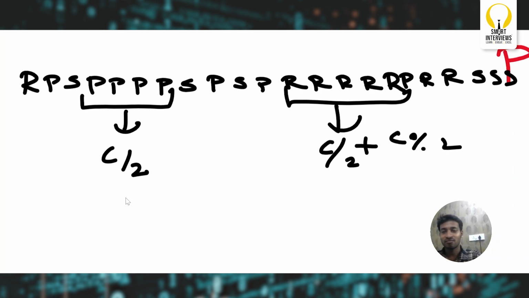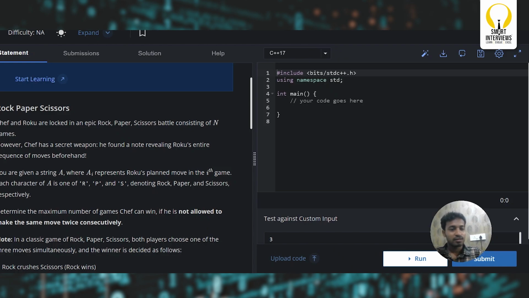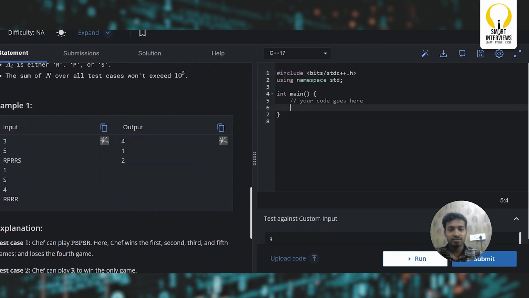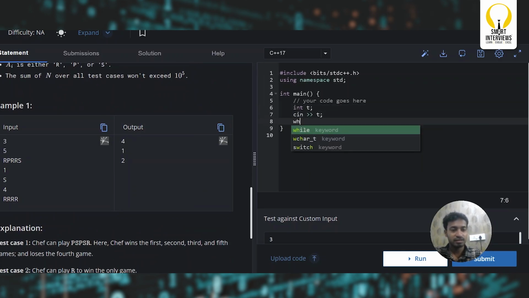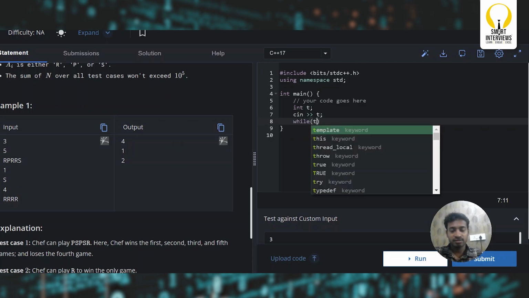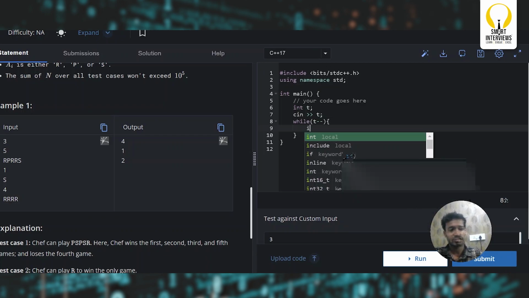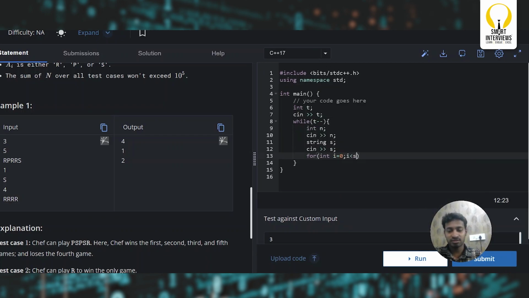Again, if it is an odd length string, so let's say there are 5, it is like 5 by 2, which is floor division, which is going to give you 2, plus 1. Or I can write it in a better way, that is c by 2 plus c mod 2. C mod 2 will give you 1. So I can combine these two expressions as